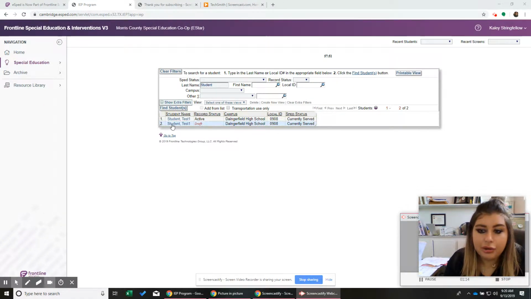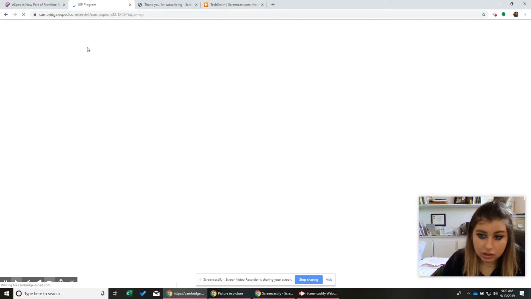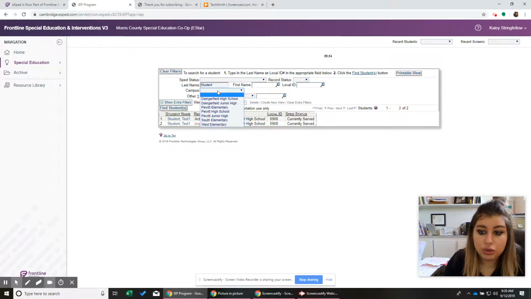And here we go. The first thing you're going to do is log in. Of course, you're going to go into special education ARD forms. Like I said, that's where most of your work is going to be done. If you go to your campus, you'll have all of your students. Let's say that at the beginning of next month, we're going to have an ARD for a test student.